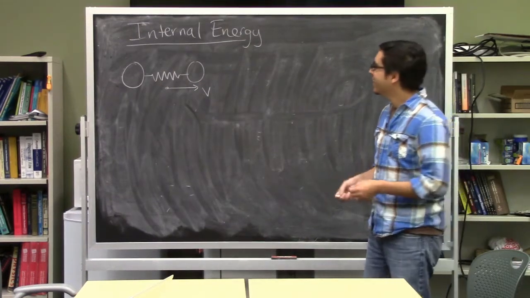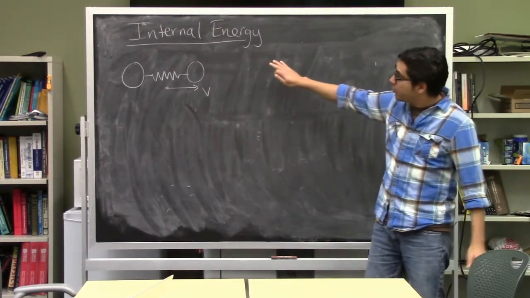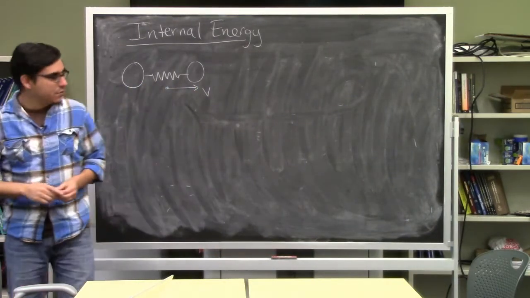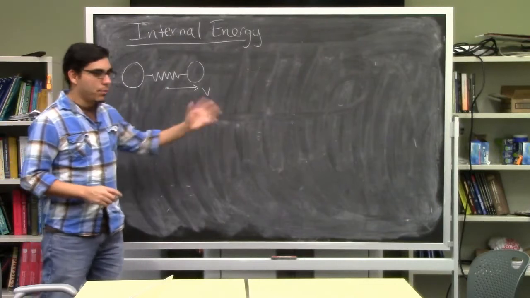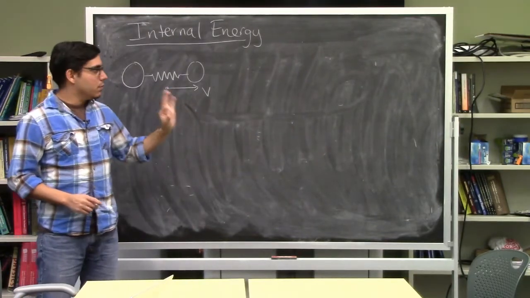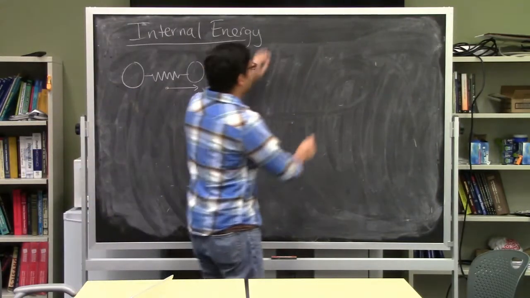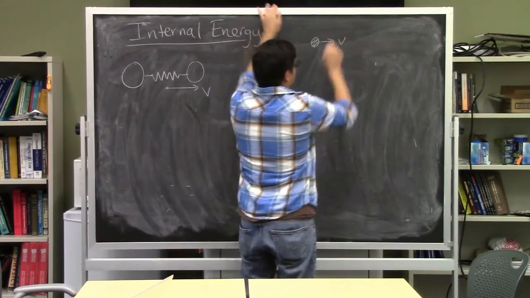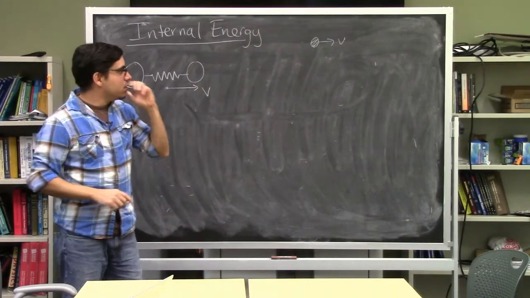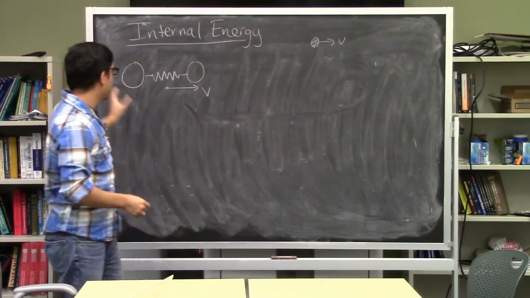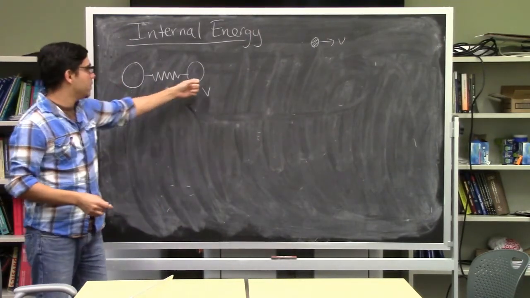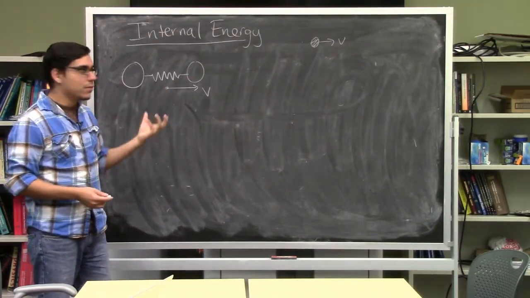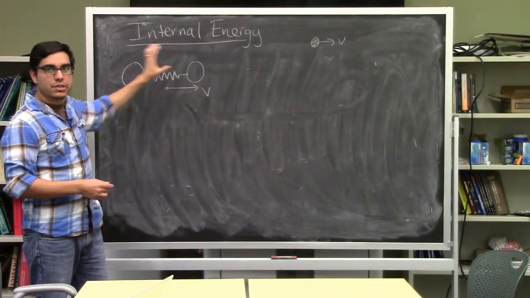All right. In this video, we're going to talk a little bit about internal energy of a system. And so here we're shifting ideas from our point particle system, which has been what we've been using a lot. The idea that we can take some object and crush it down to a single point and sort of track how it moves. When systems have internal structure to them, like this system I have here of two spheres connected by a spring, we have to worry about whether there are some internal degrees of freedom or some internal energy